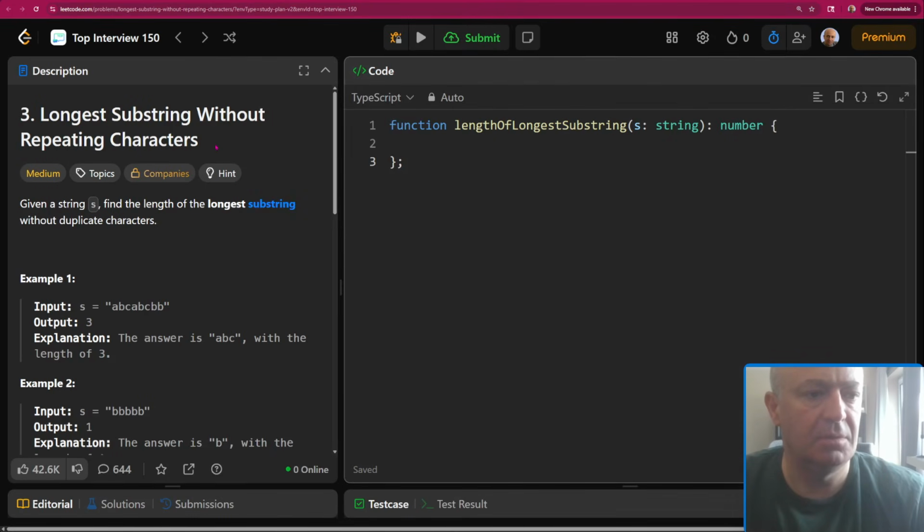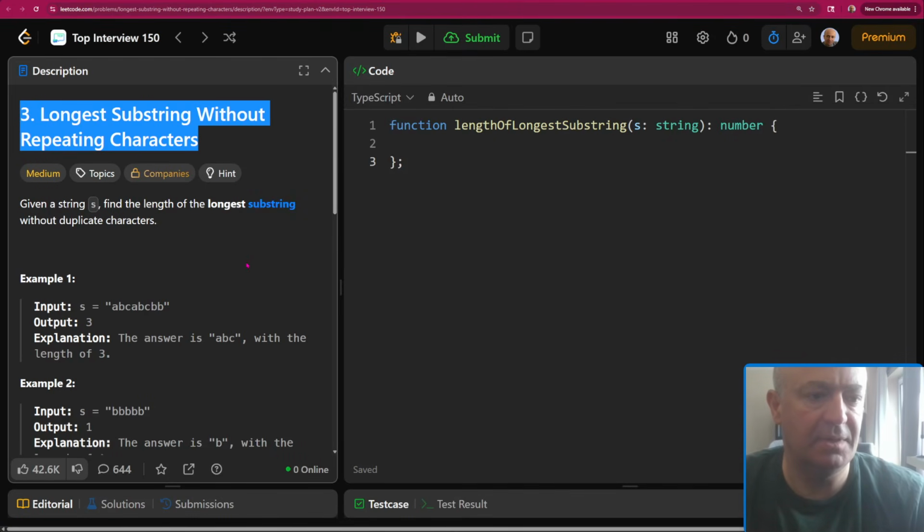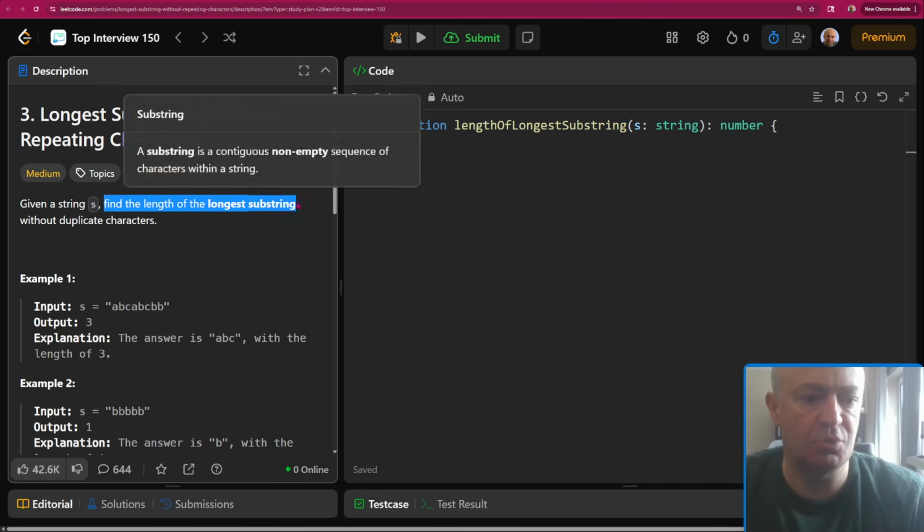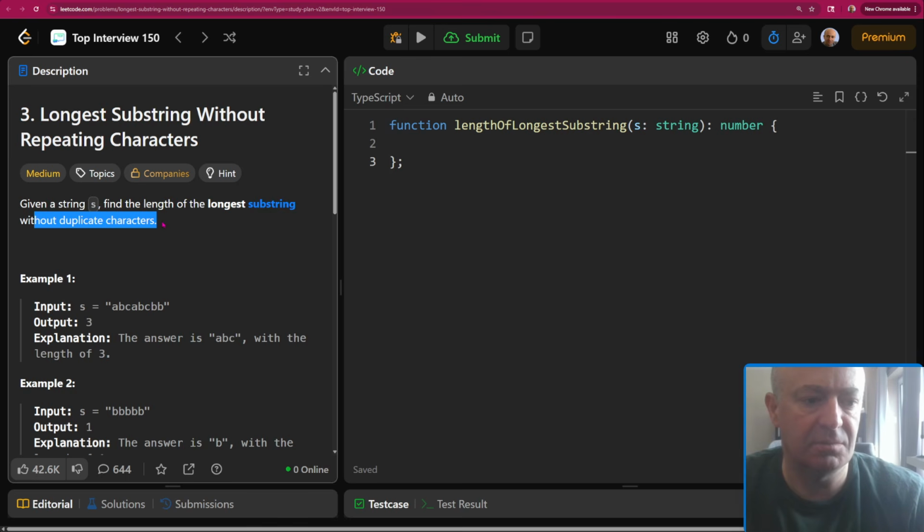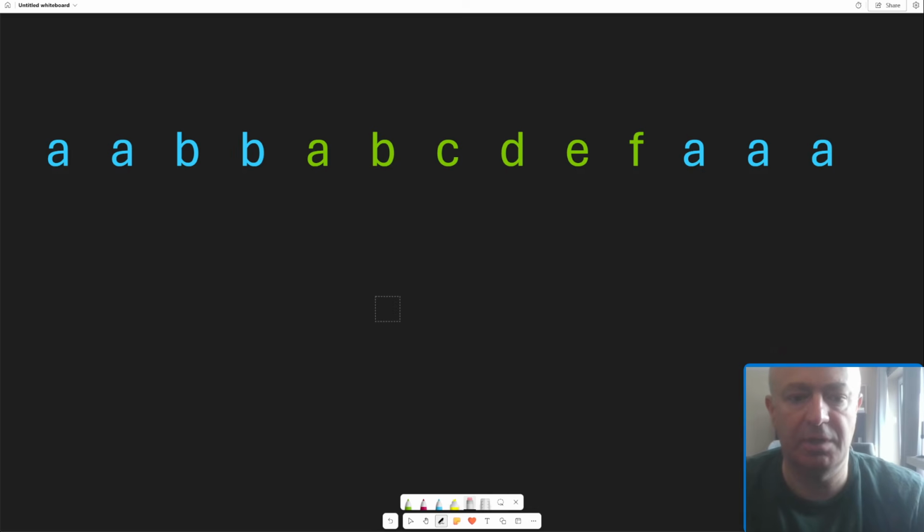Problem 3, longest substring without repeating characters. We are given a string S, and we have to find the length of the longest substring without duplicate characters. So longest substring without duplicate characters. Let's say we have a string like this, and